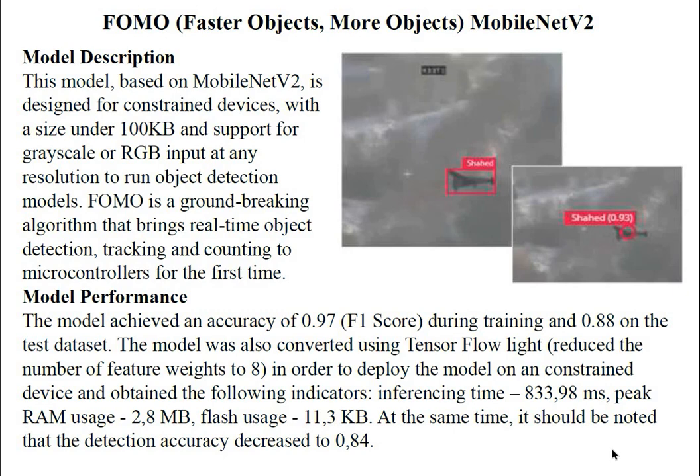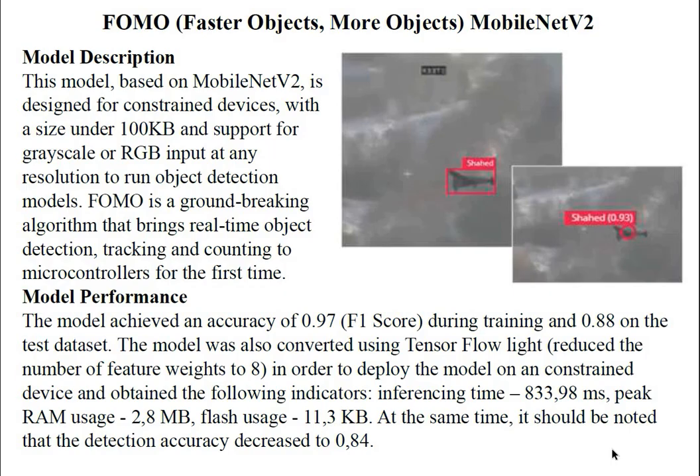It's a bit more than the previous one, but the most interesting thing here is the inference features, so that we can use this model on our constrained devices. Inference time is more than 1 second. Peak usage of random access memory is about 3 megabytes. Flash usage is about 11 kilobytes, so it's very suitable for use on different